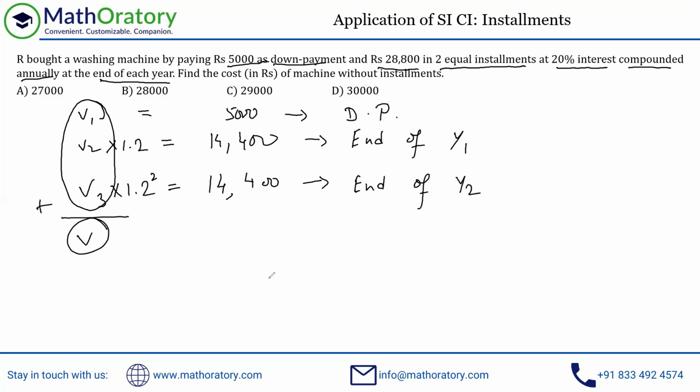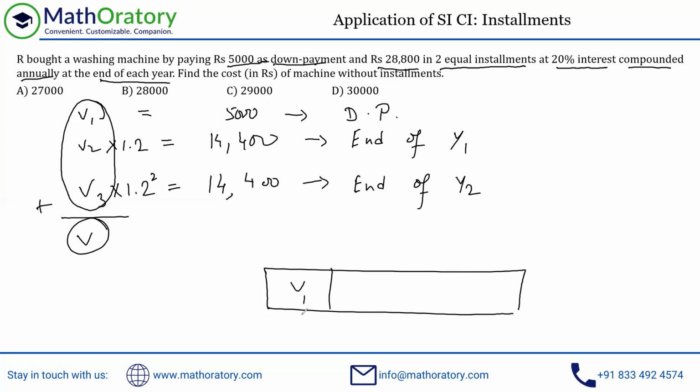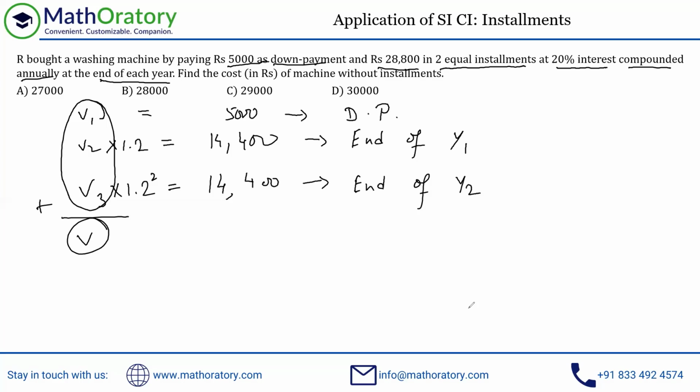So whatever was the net value of the washing machine, let's say this is the total amount, one part you pay off in the initial installment, or sorry, down payment itself. The second part of the value you pay off at the end of year 1. And there's a third part of the value which you pay off by the end of year 2. So this net thing should be equal to V, right? So let us just calculate this.